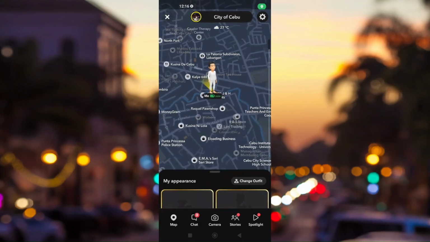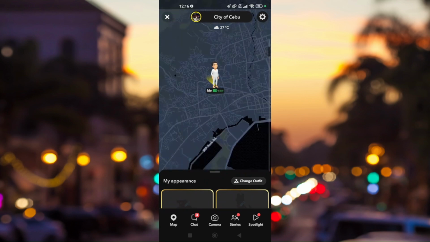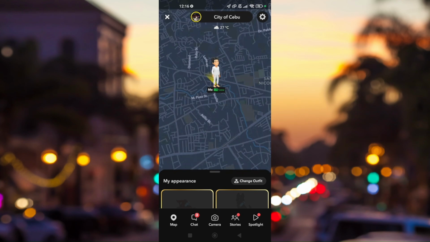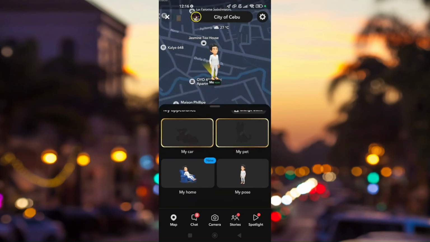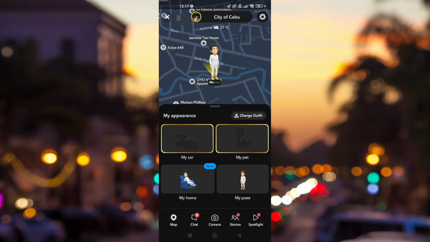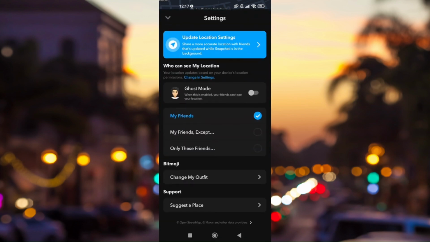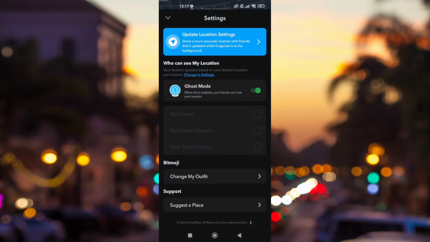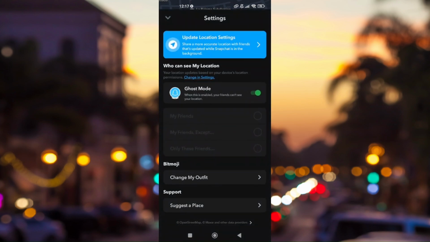and here you'll be able to see nearby friends who are using Snapchat, and you can also turn on the ghost mode. You can turn on the ghost mode here, and you can also, if you turn your ghost mode off, you can try to have your location visible to your friends except or